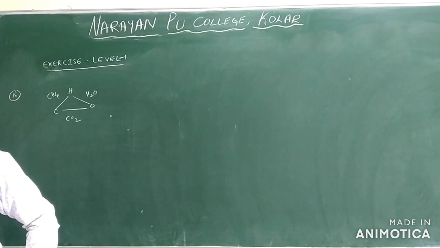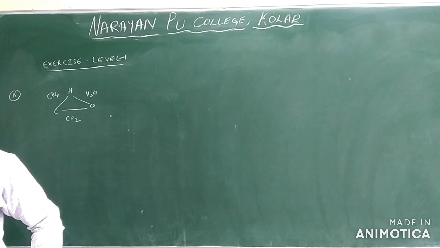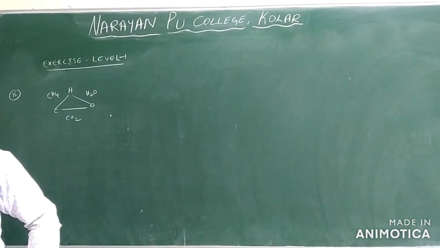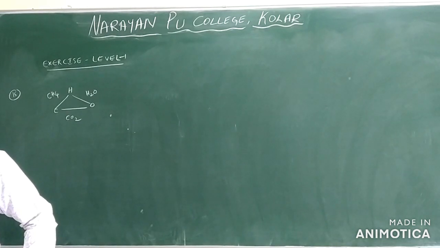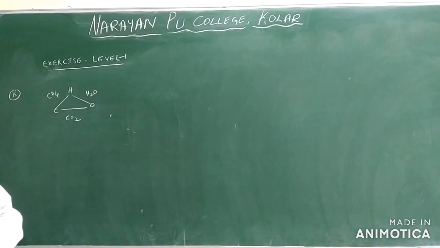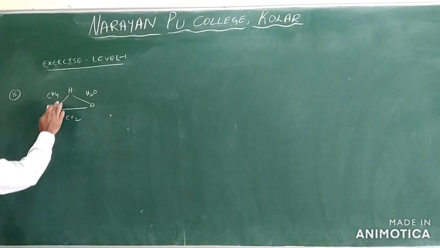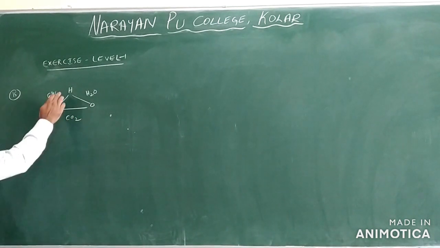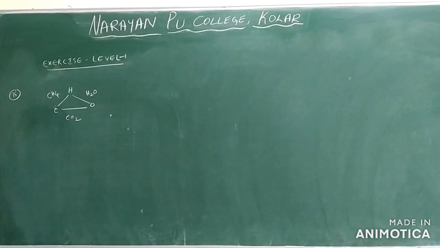See the next question, question number 15. 2 grams of hydrogen combined with 16 grams of oxygen to form water, with 6 grams of carbon to form methane. In carbon dioxide, 12 grams of carbon are combined with 32 grams of oxygen. This figure illustrates what law they are asking only. Clear? I already wrote here hydrogen, carbon and oxygen. Hydrogen combined with oxygen forms water. Hydrogen and carbon combine to form methane. And carbon and oxygen combine to form CO2 only.